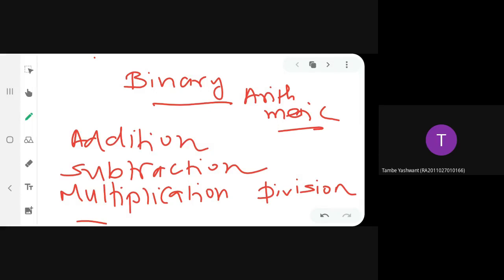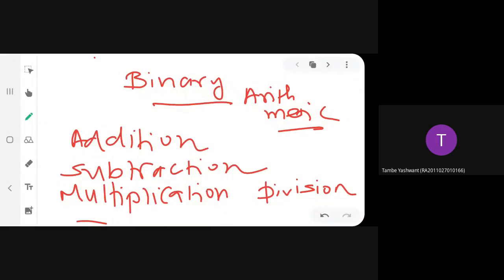So you know that binary numbers constitute two states: low state and high state, logic 0 and logic 1. If numbers involve zeros and ones, then how to add them, subtract them, multiply them, and divide them? Some problems will be asked in MCQs and in descriptive type also. So we'll learn how to do binary arithmetic operations. I think you must have learned this in your lower classes, but still we will refresh this binary arithmetic with one or two examples.